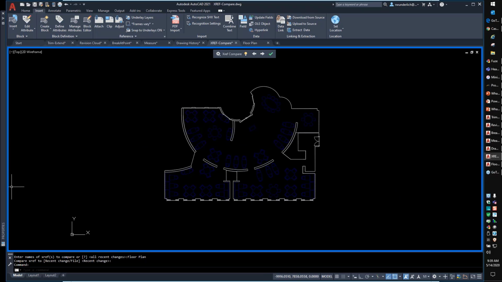Will it cloud if the layer changed? No. This is the big thing to understand about how the DWG Compare and the XREF Compare work. They are only looking at geometry. They do not care what layer it's on. They are looking for geometry changes. And the magnitude of the change can be an issue. If I change something